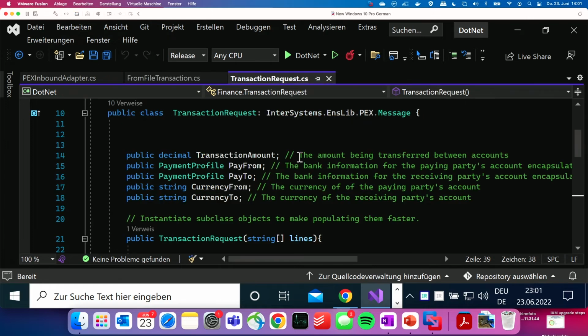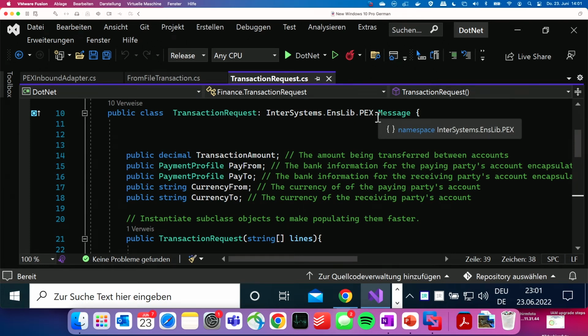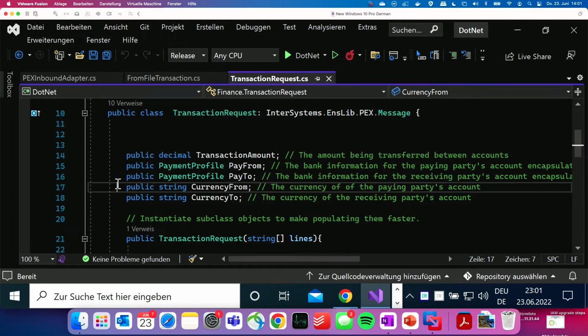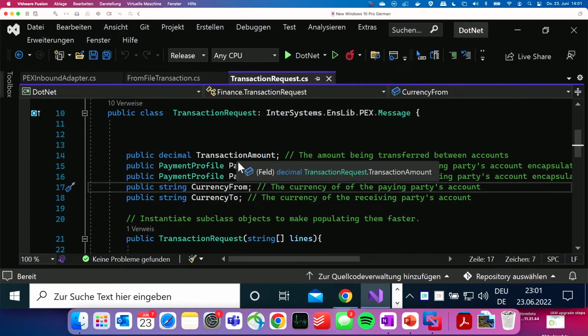What's interesting is this is our message class that we're implementing. So you can see this is nslib.pax.message. We're constructing the message class on the .NET side. We're not using a message class that's in Iris. And these are all the properties that we want to populate, basically, right? In the constructor, we have all the fancy logic to split the values from the line and put them into the appropriate properties, right? But this is what we later on will see in our message trace. Okay, these are the properties that we have to memorize.